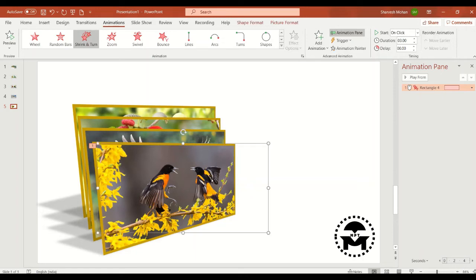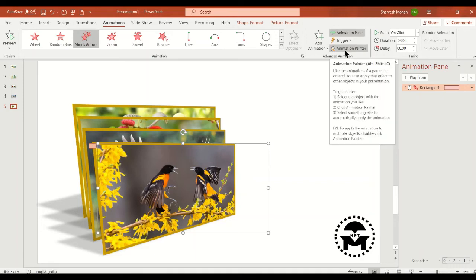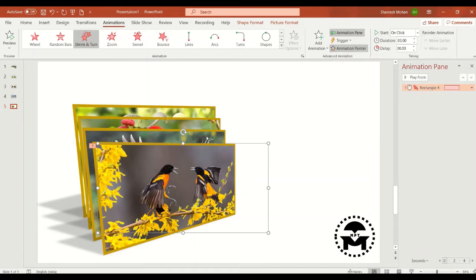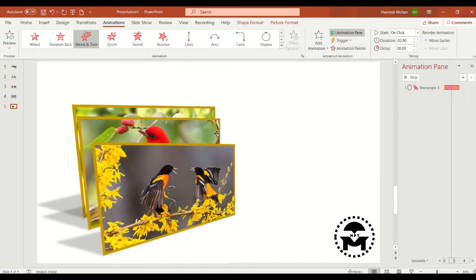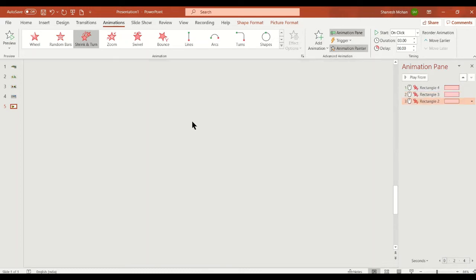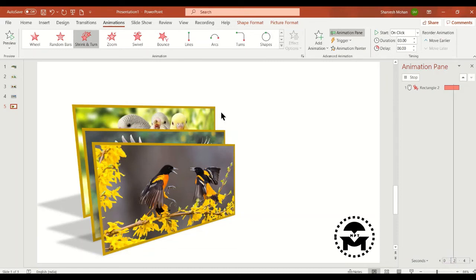Then we'll copy the same effect by clicking on Animation Painter and select the next picture. Same again, Animation Painter, select this one. The last one we'll keep blank.